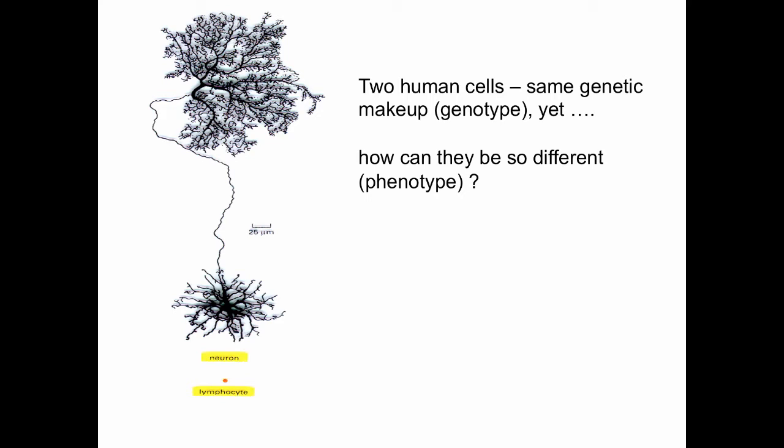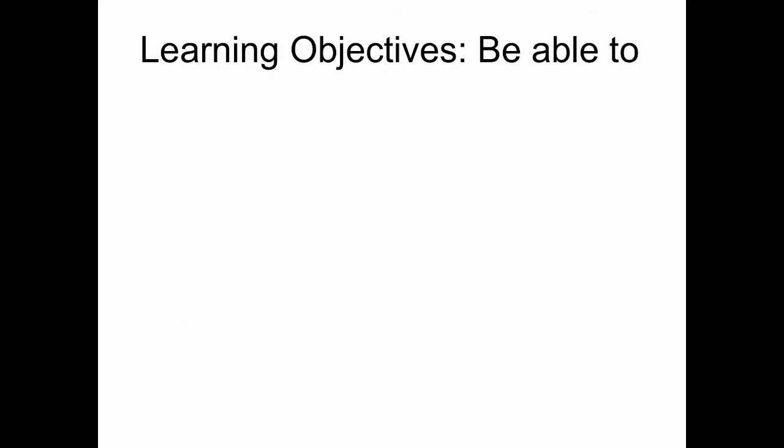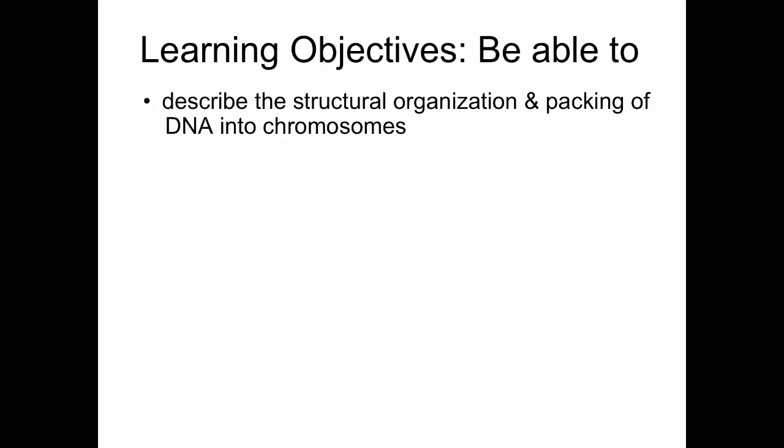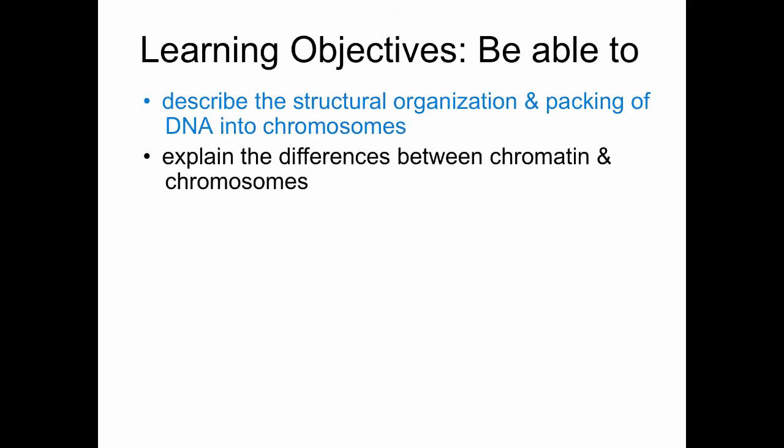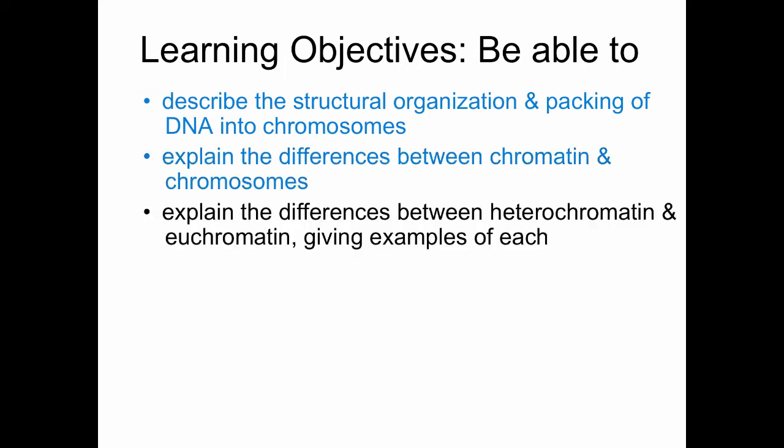So, question to keep in the back of your mind: how can cells that have the same genotype exhibit such vastly different phenotypes? Learning objectives for the next few podcasts. You should be able to describe the structural organization and packing of DNA into chromosomes. You should be able to explain the differences between chromatin and chromosomes. You should be able to explain the differences between heterochromatin and euchromatin, be able to give examples of each of